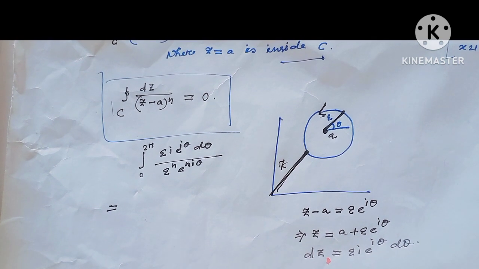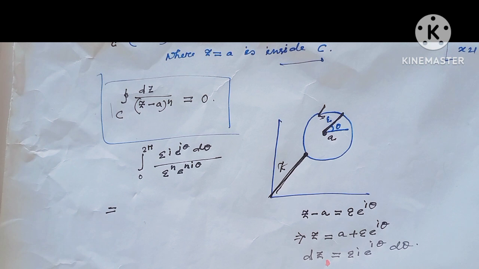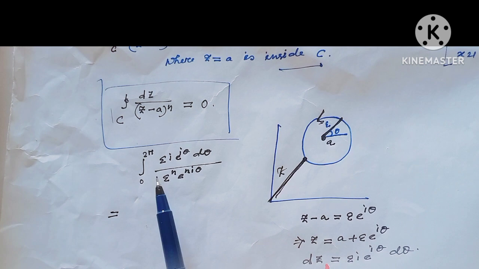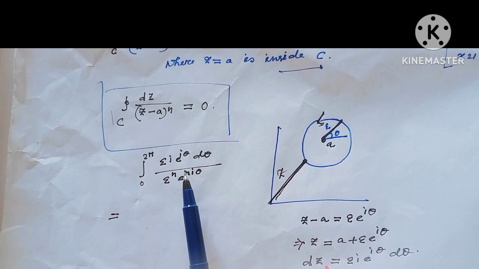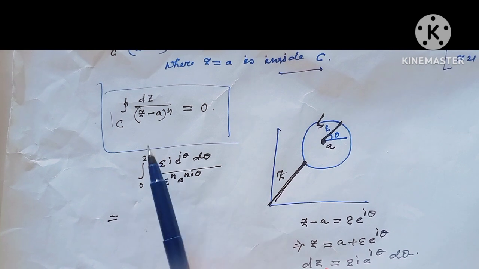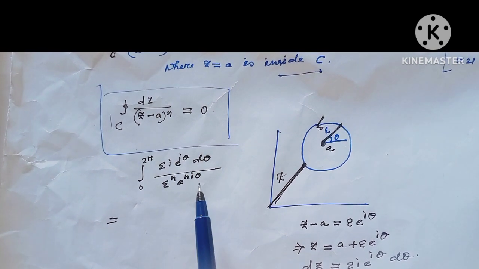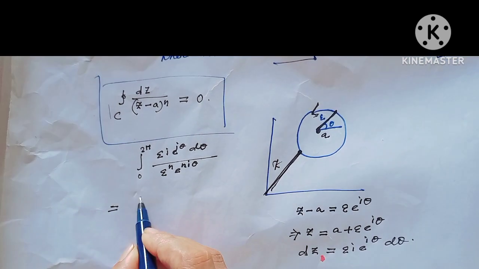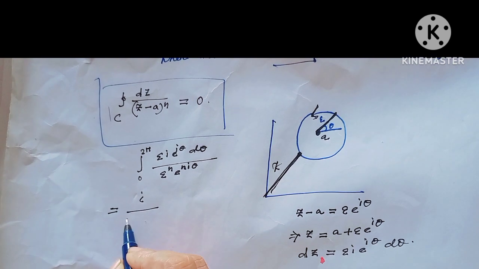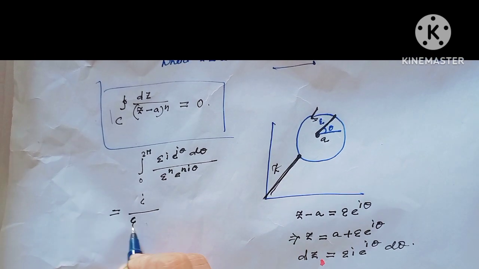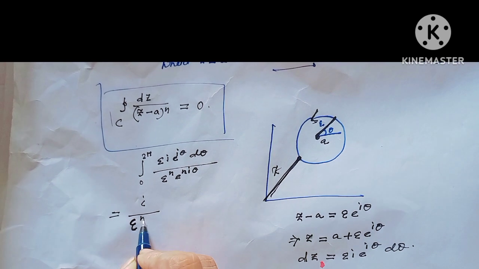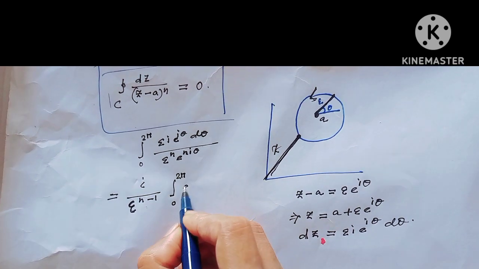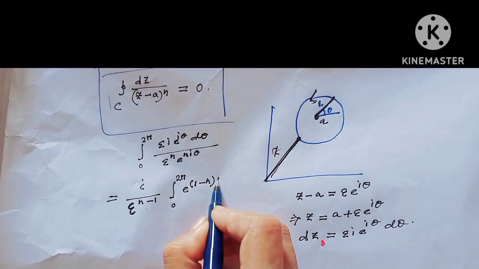Now put the value in the integration. Here this integration from 0 to 2 pi, dz means epsilon i e to the power i theta d theta, and (z minus a) to the power n means epsilon to the power n e to the power i n theta. Then this value would be i over epsilon to the power n minus 1, integration 0 to 2 pi, e to the power (1 minus n) i theta d theta,